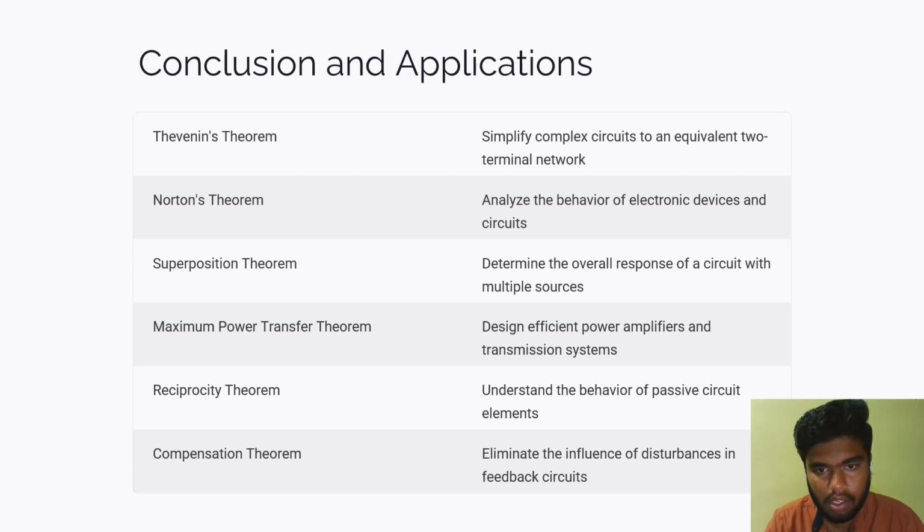The maximum power transfer theorem helps design efficient power amplifiers and transmission systems. The reciprocity theorem helps understand the behavior of passive circuit elements. And lastly, the compensation theorem eliminates the influence of disturbances in feedback circuits. So this is all about the